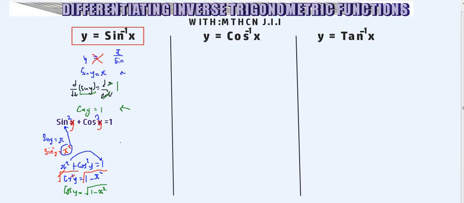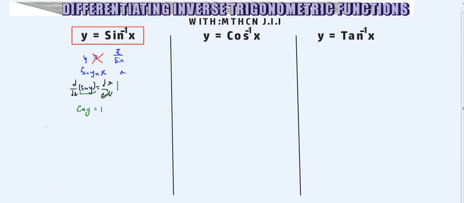Now in substituting this, we have the value of cos y to be what? Square root of 1 minus x squared. Alright, I will say it's not equal to 1. But now we're going to find the dy dx of the whole thing here. So we're going to find the what? dy